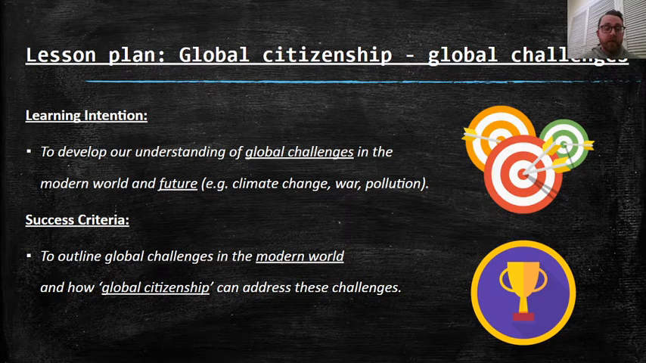This lesson we are looking at developing our understanding of global challenges in the modern world and in the future. Things like climate change, war, pollution, problems that will probably be your generation really that will be solving them. So it's important that we outline these global challenges. So what are they? And also address how can global citizenship help us solve these problems, help us address these